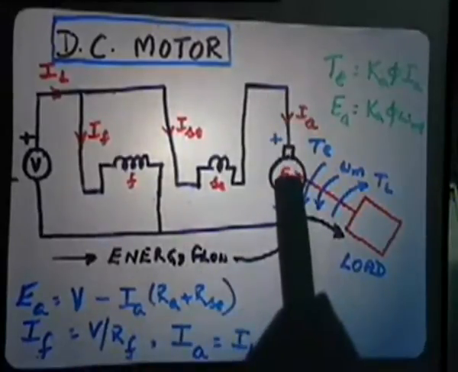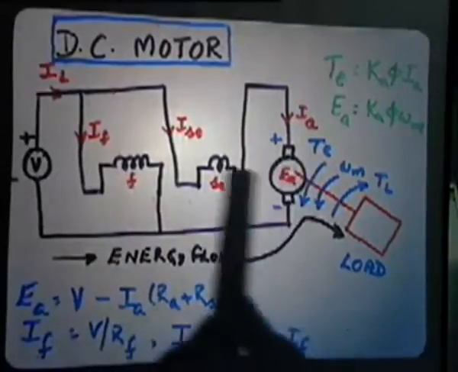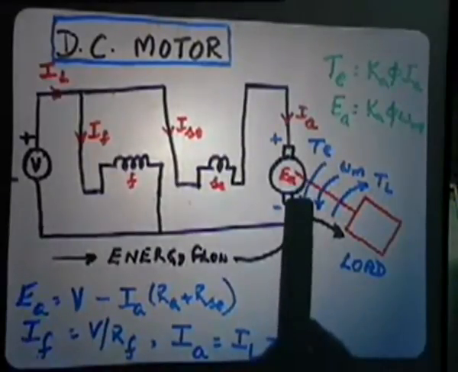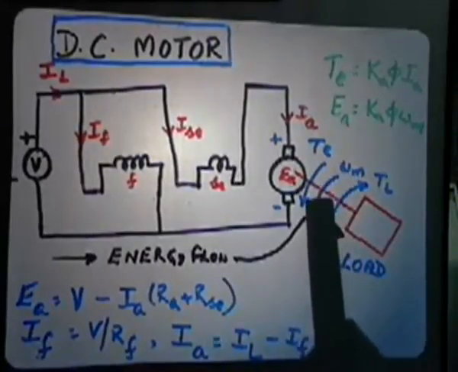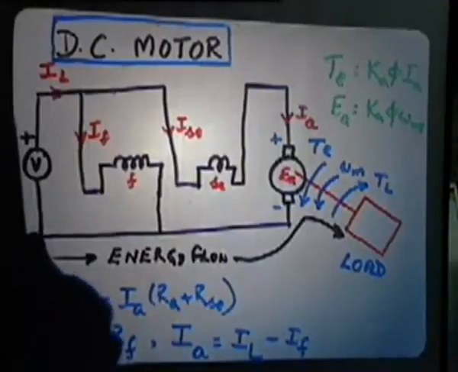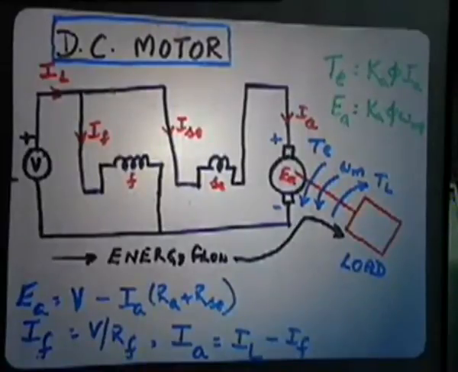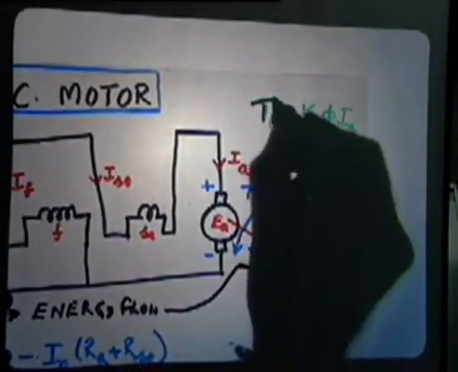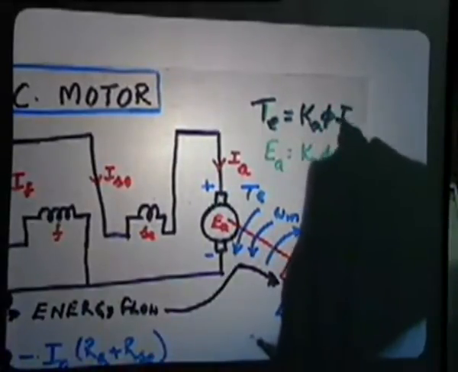And as the current flows from the source and the flux is flowing, torque is produced, that is the developed torque, which will oppose the load torque. So you are connecting a mechanical load to the DC machine, and this is the speed at which it is operating. So the energy flow will now be from the electrical source to the load like this, and we get the relation as shown here, that the torque developed will be Ka into phi into Ia.